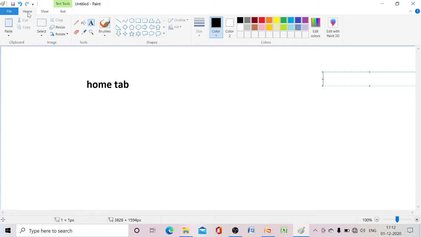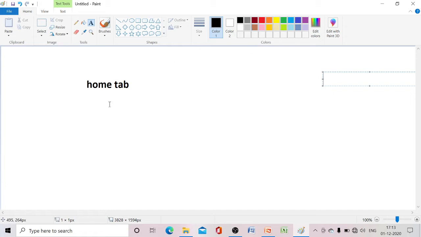So already you have learned to use these tools, shapes, colors which are there in the Home tab. Everyone knows how to use this? Yes. To use the pencil, the brush, shapes, colors, everything we have learned.